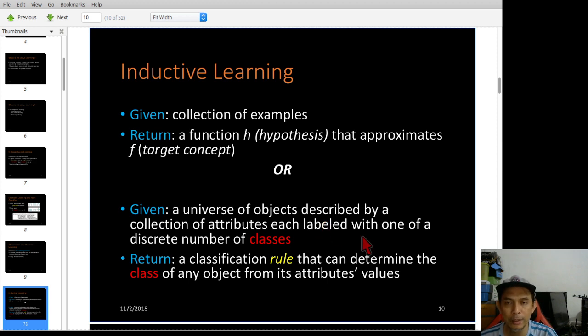Of course, unsupervised learning is much more challenging compared to supervised learning.